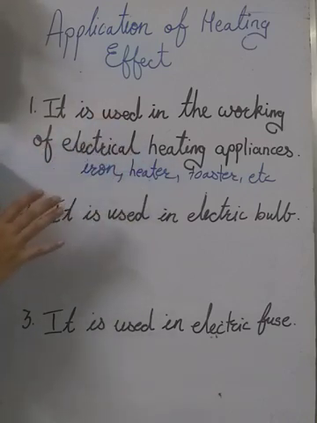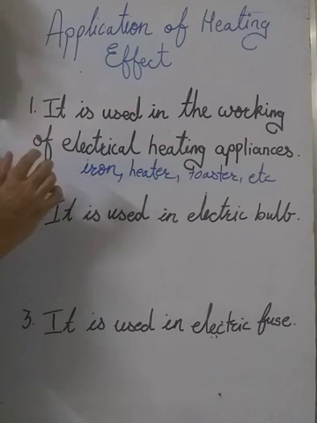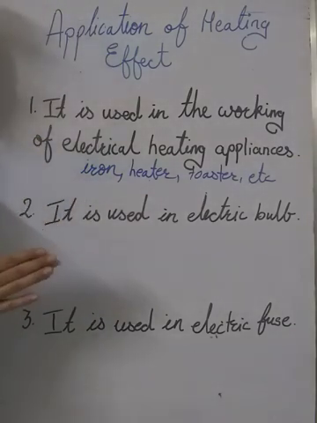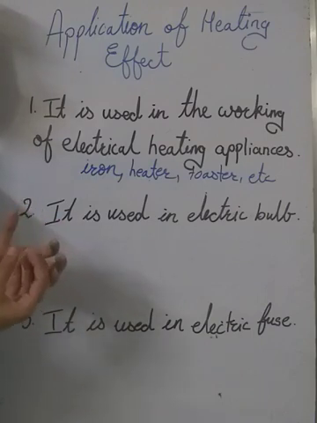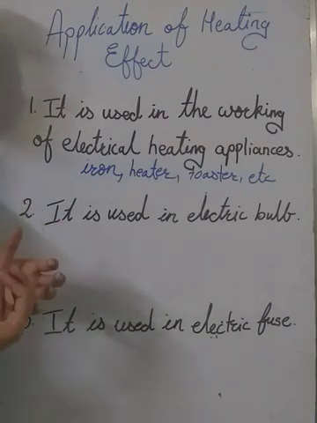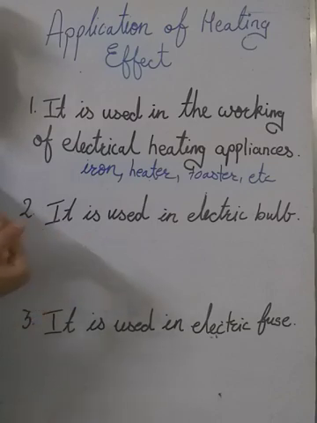Nichrome is the element, or alloy, which is used for this effect. The part which is getting heated up is made up of nichrome. Why nichrome? Since nichrome is an alloy with high resistivity, and the important feature of this alloy is that its resistance does not change with temperature. So temperature rises, since there is no effect on the heating element.